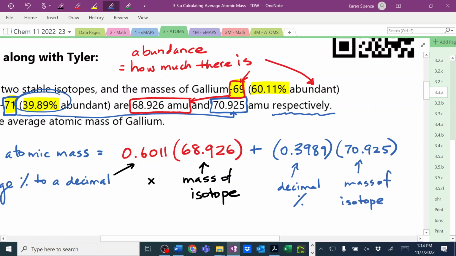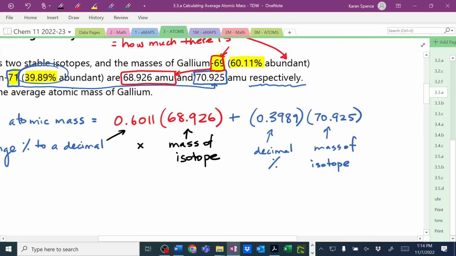And we're not just going to throw this all into our calculator because we need to worry about what? Sig figs. And guess what? We have two operations here. We have multiplication and then we have addition. So the only tricky thing about these questions is the sig figs. So let's do this. So step number 1,